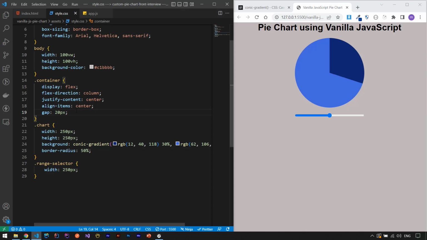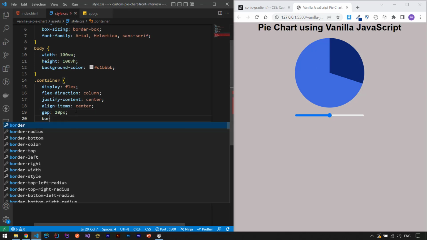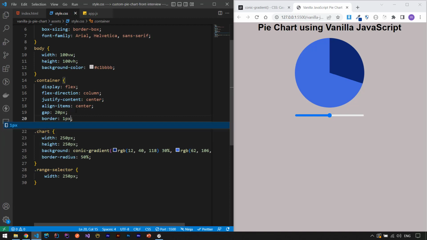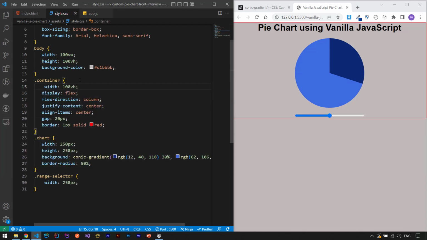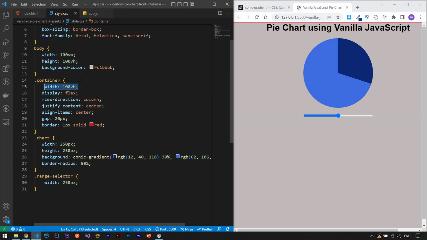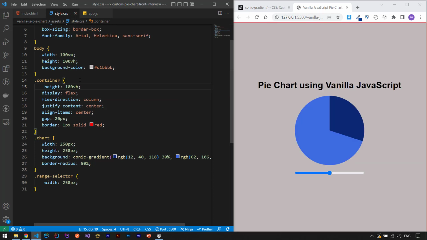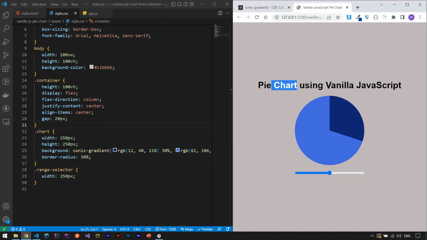But you can see, let me show you why everything is up. If I show you the border 1px solid red, you can see that this is the width, and let's have a height of 100 viewport height. Sorry, it is the height, 100 viewport height. Okay, now everything is in the center. Let's delete this border, and now it seems that our structure is ready, but let's add a new element, which is the,